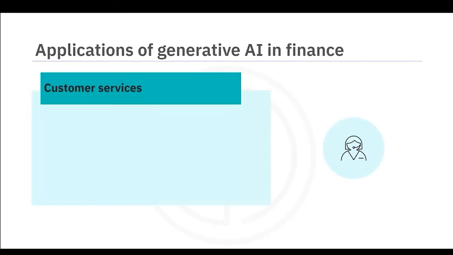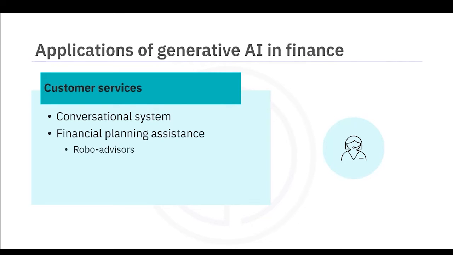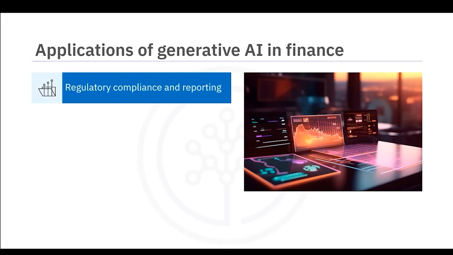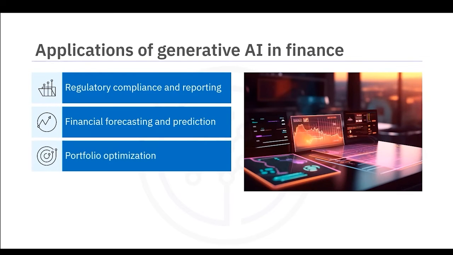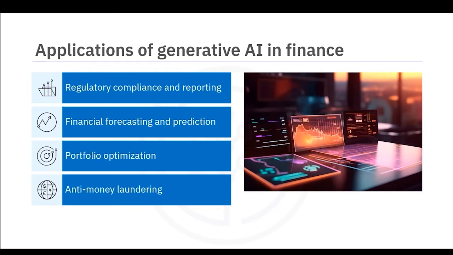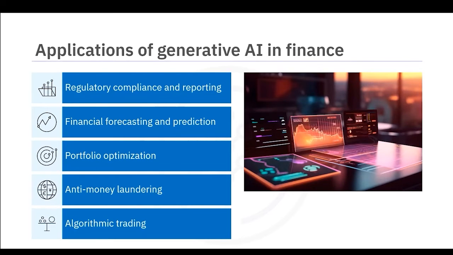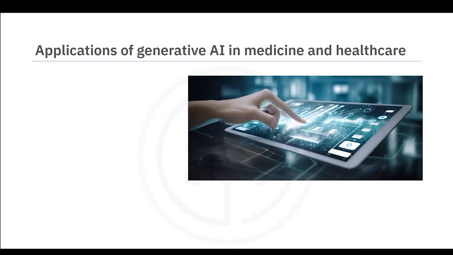In customer services, generative AI tools have established conversational systems and assist in financial planning using robo-advisors, chatbots, and virtual assistants. Regulatory compliance and reporting, financial forecasting and prediction, portfolio optimization, anti-money laundering, and algorithmic trading are some of the areas that are greatly benefited. It's important to note that some of these applications and tools harness both generative and discriminative AI models. Now, let's discuss some of the